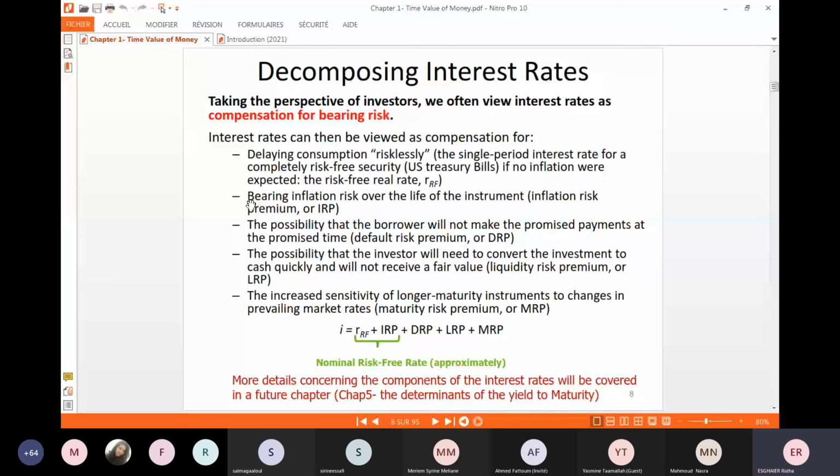We call it the default risk premium because each investor or each borrower has its own default risk, the risk that he will not be able to reimburse you. And this risk is not measured by individuals. We have rating agencies that analyze the financial situation